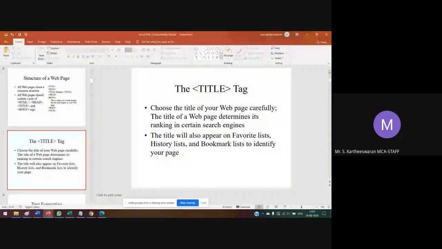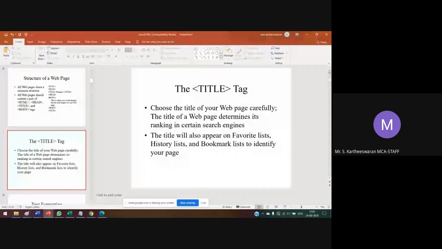We bookmark them on our laptop or mobile phone because we need to reach them frequently, so we add them to the favorite list. So you have to handle it with a proper title. Before you design your own web pages, you have to give a proper title that is easy to understand for others